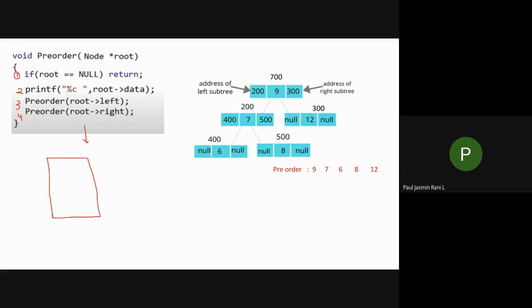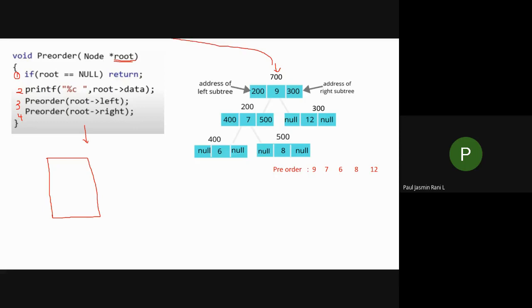I assume that I'm going to pass the root value. So this is the pointer, isn't it? A pointer data type definitely contains an address. Let us assume the address of the main root element. So what is the address of main root? The address of main root is nothing but 7000.